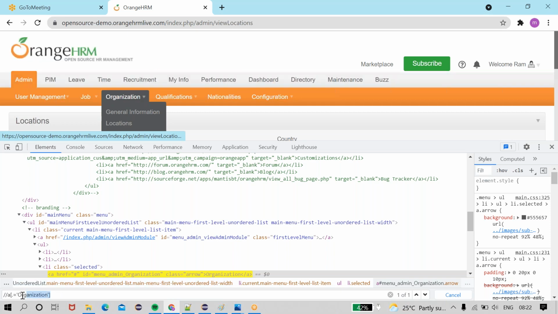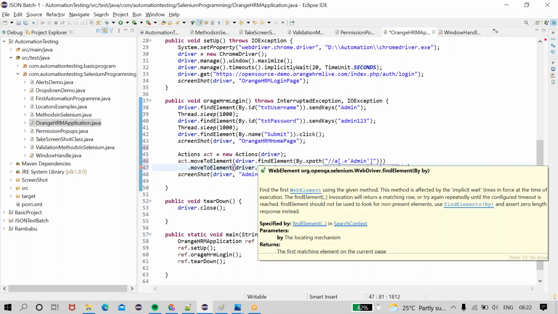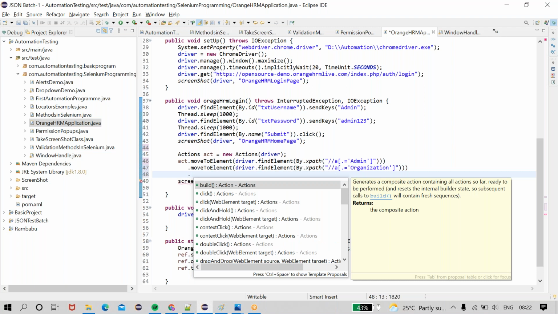Only one result. In the target driver dot find element by dot xpath. Now what happened here? It has done two operations. First the actions class moves to here, then the actions class moves to here. How many operations are performed? Two operations.